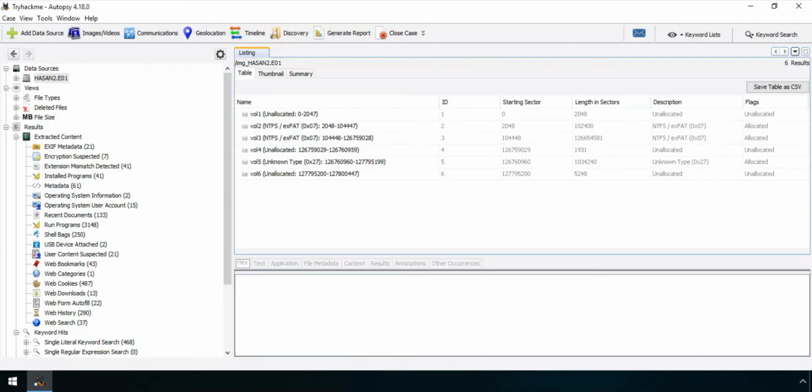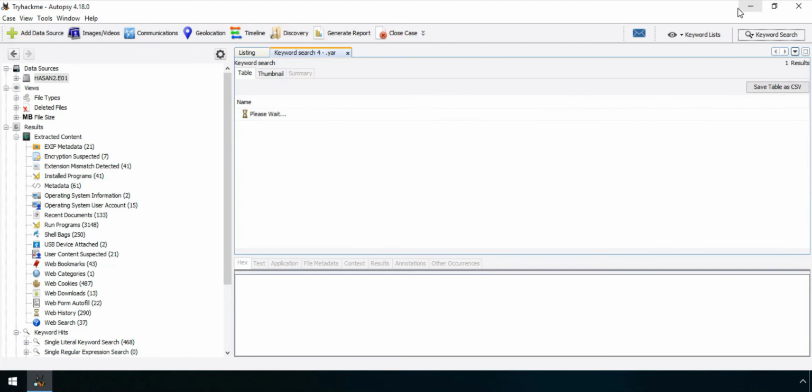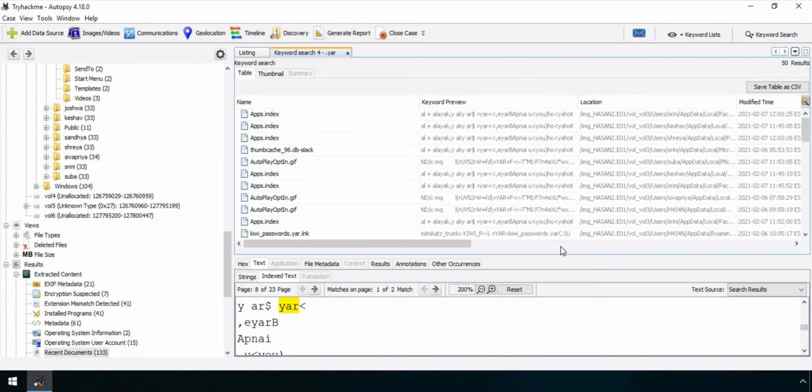So let's see about the system what we have here. I will just make a keyword search of .yar. Let's see what the keyword search gives us.